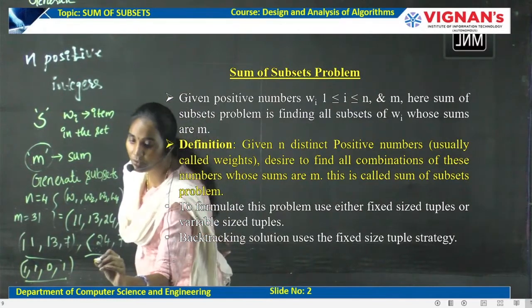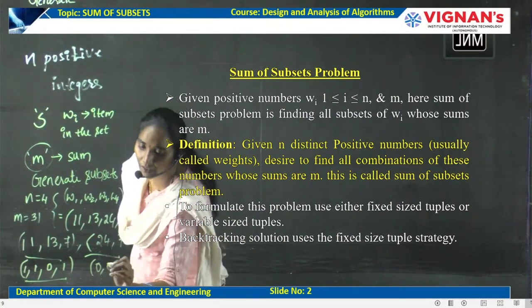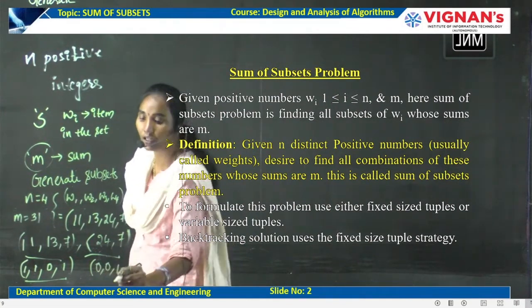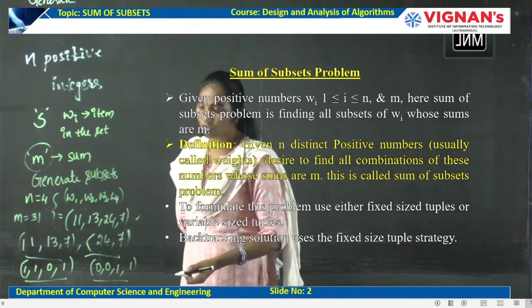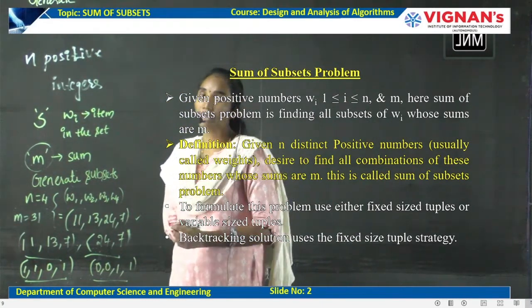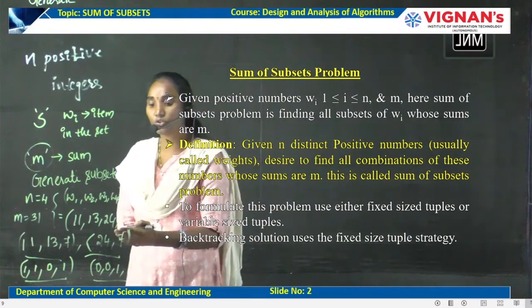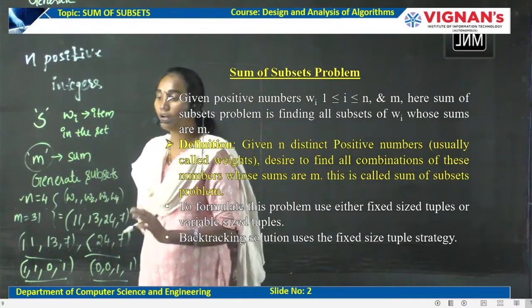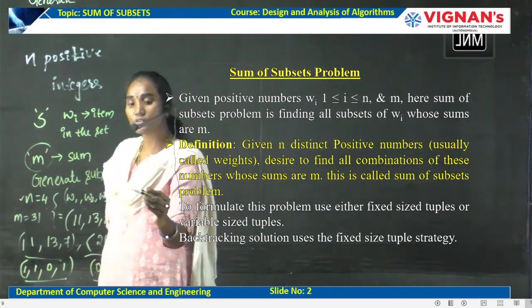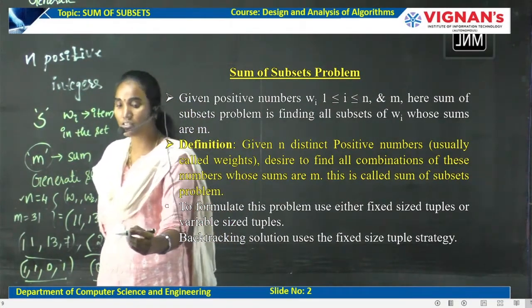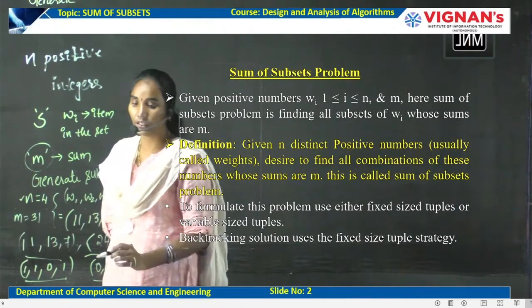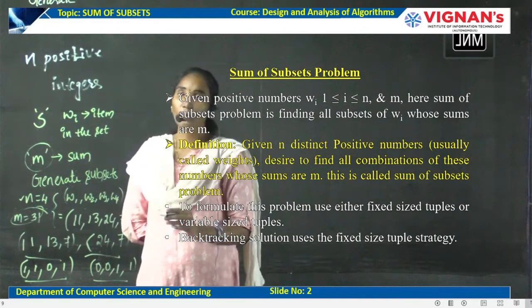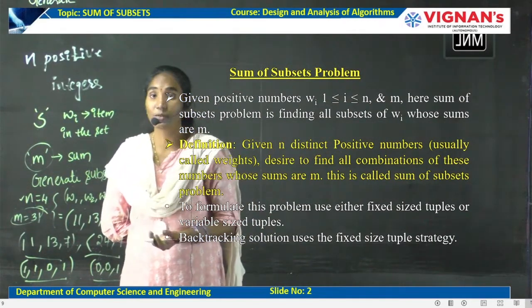And for 24, 7: the first item we have not taken, the second weight also not taken, the third weight taken and the fourth weight also taken. So 0 0 1 1, which is another solution. These are the two tuple solutions for the given example. So this is our example. We have four elements with the weights given over here, and our main theme is to have the sum M equal to 31 when generating the subsets from the given set.